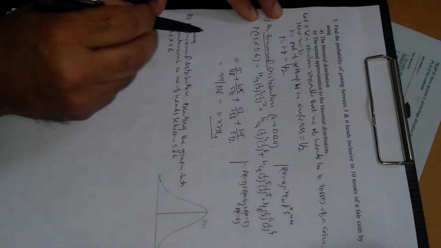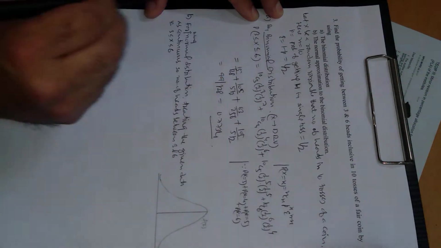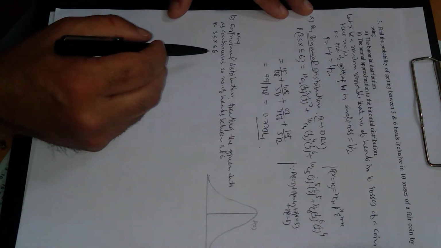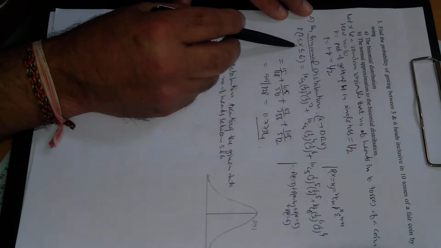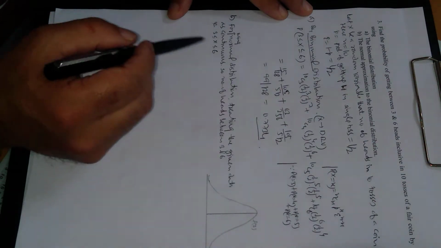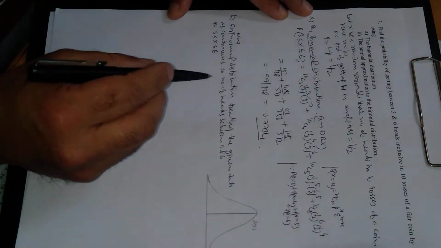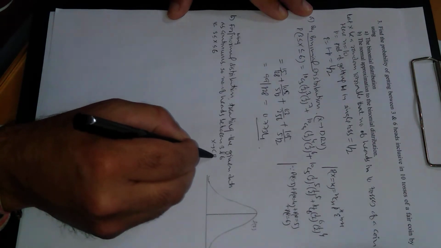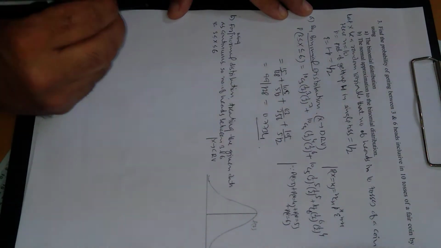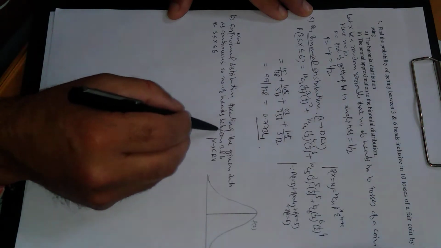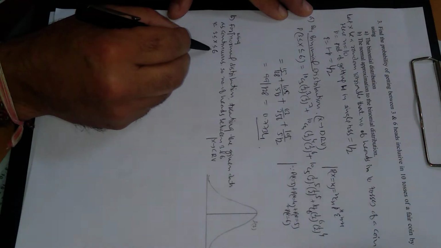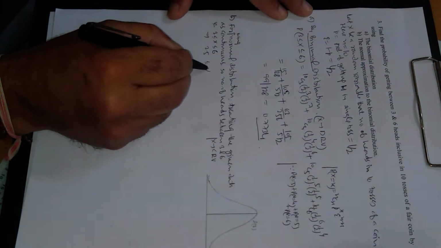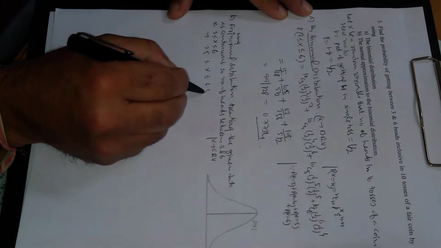This is the probability between 3 and 6 including 3 and 6 by binomial distribution. Now come to the second case. If we want to find the same probability by using normal approximation, we have to treat the given data as continuous. The reason is that in this case the random variable x will be a continuous random variable, so the number of heads between 3 and 6 can be written as 2.5 less than x less than 6.5.